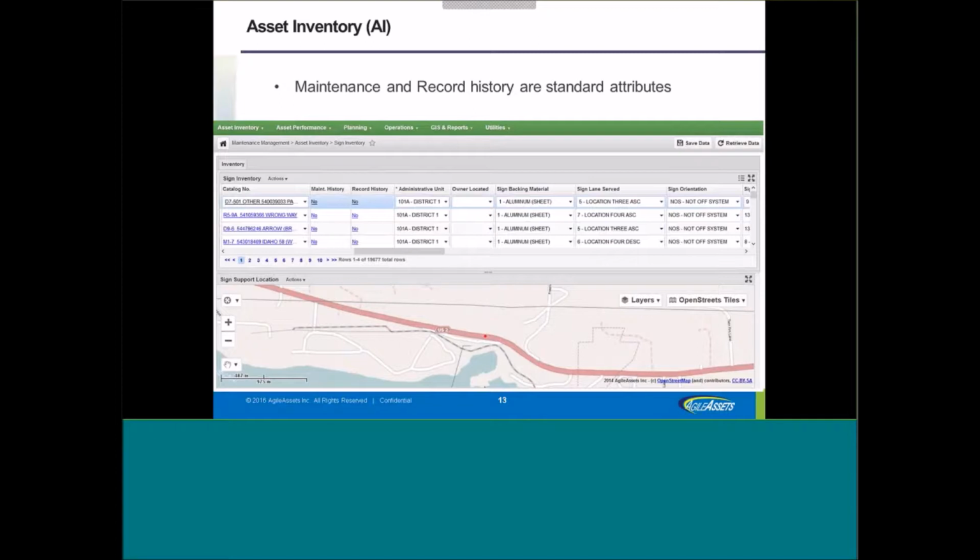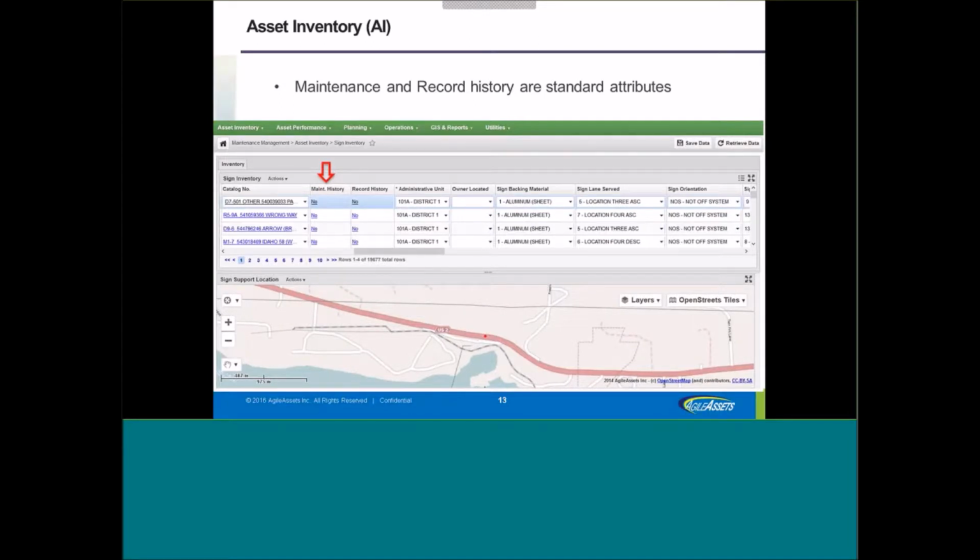The recording of work done on each asset we'll cover later in the presentation when we talk about the operations functional area. But this is where you can go and see the results. If you're doing a good job of recording all your work to particular assets, that allows you to come back to your asset screen and look up the maintenance history of that asset. So again, just for instance,